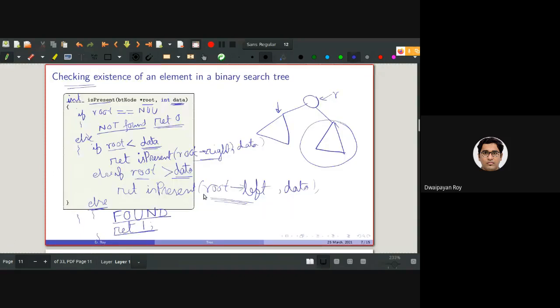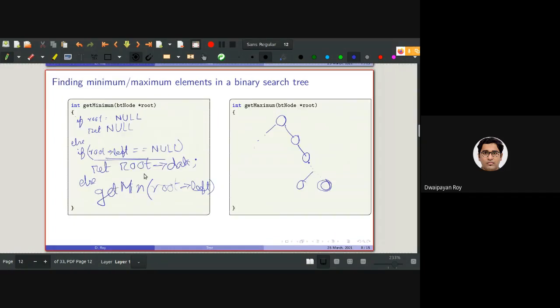One thing: here I have written root, but I should be writing root arrow data. I hope you have understood that. Here as well, I should be writing root arrow data, since we are returning the root data.